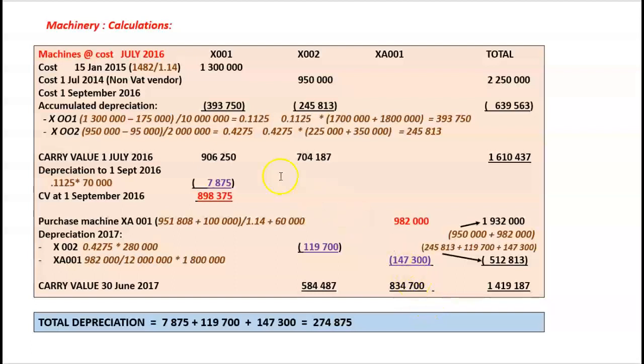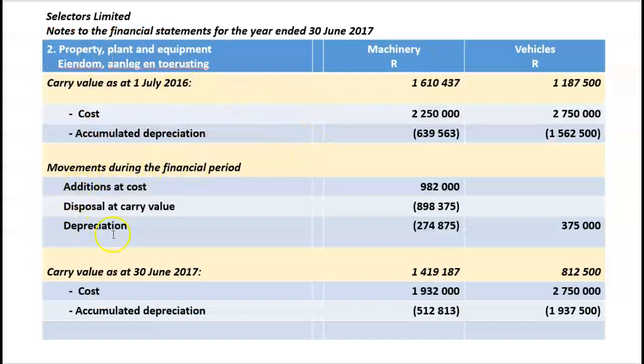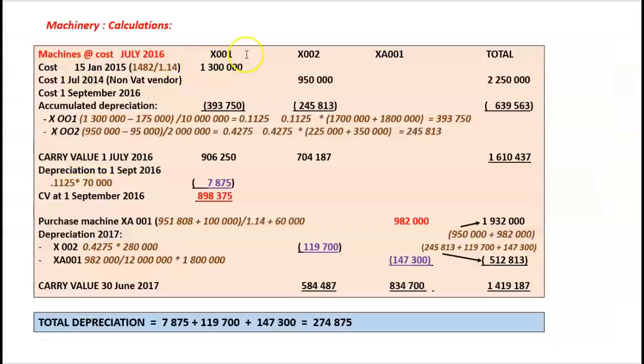Also now we have our total depreciation, all these purple ones. So total depreciation for machinery is 7,875, 119,700 and 147,300. And if we add that all up, it gives us 274,875, and we can slot that in next to depreciation for the current year, 274,875. Our closing balance, we no longer have X001, but we have X002 still, which cost us 950,000,